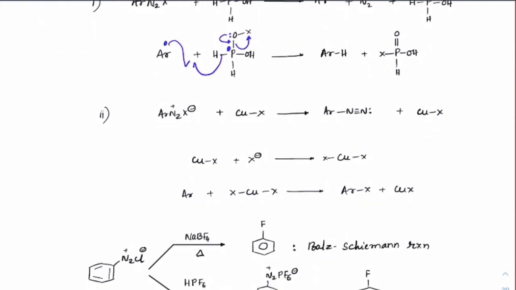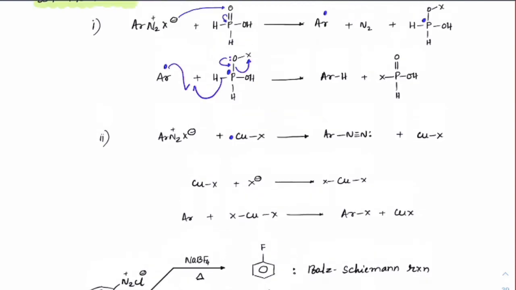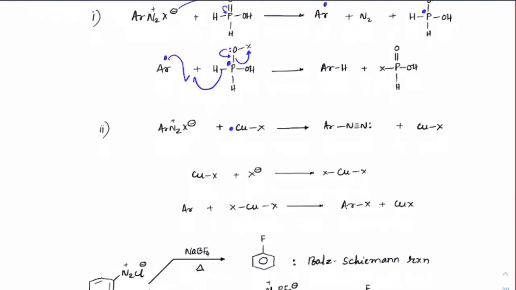Next, if you see the similar mechanism in Sandmeyer's, you can see CuX will have one electron on it because its configuration is supposed to be 4s1 3d10, right? Got it. So we know that 4s1 and 3d10 has come here. So imagine one of the electrons present in copper here, right? That is the one which is donated here, and X minus is removed.